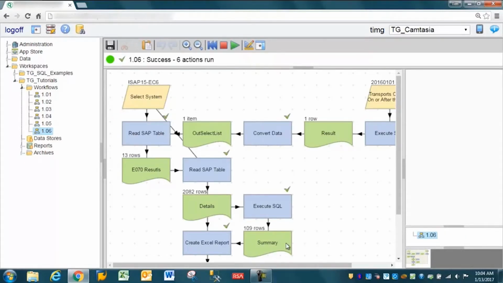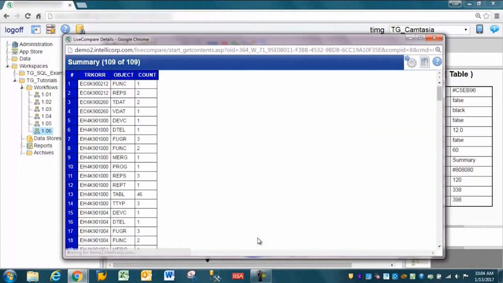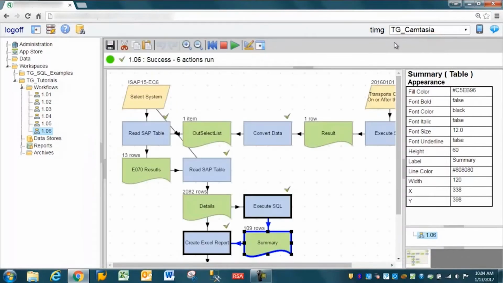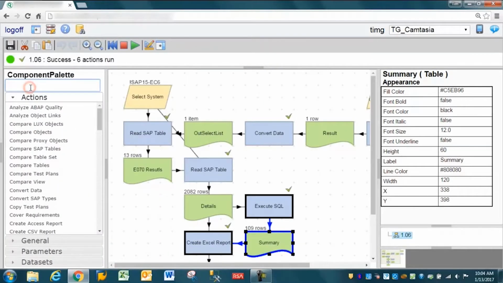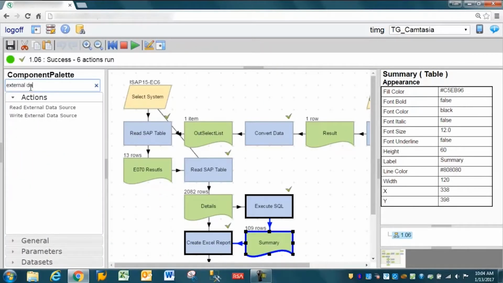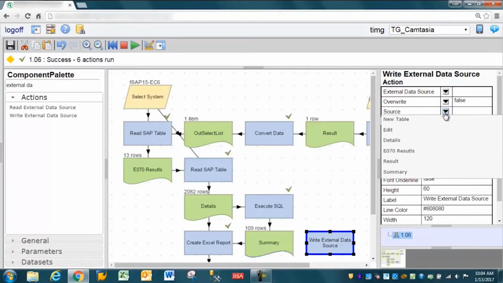So the objective is to push these 109 records into an external data source. Let's close or hide our Model Explorer, open our component palette, and search for the external data source. You see there's two external data source actions. We're going to use the right external data source, so click, drag and drop it next to the summary. Make your source in your property editor the summary,